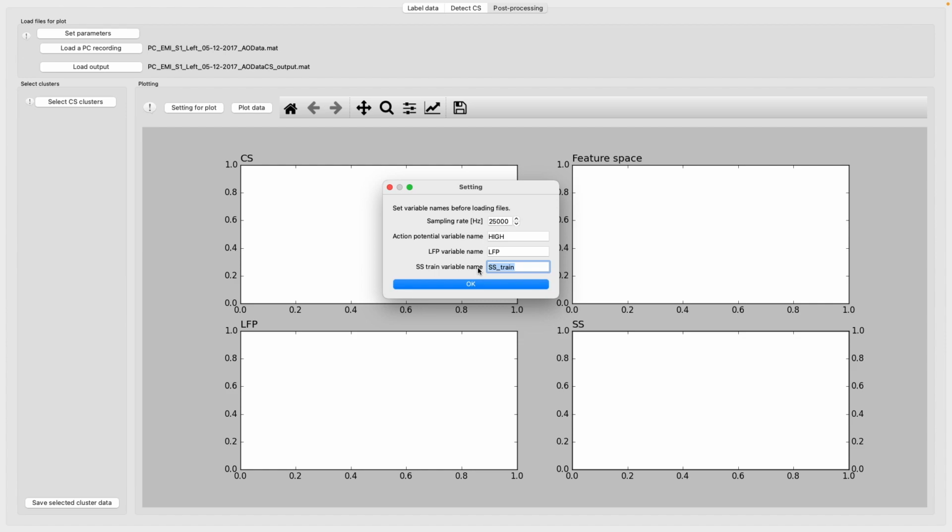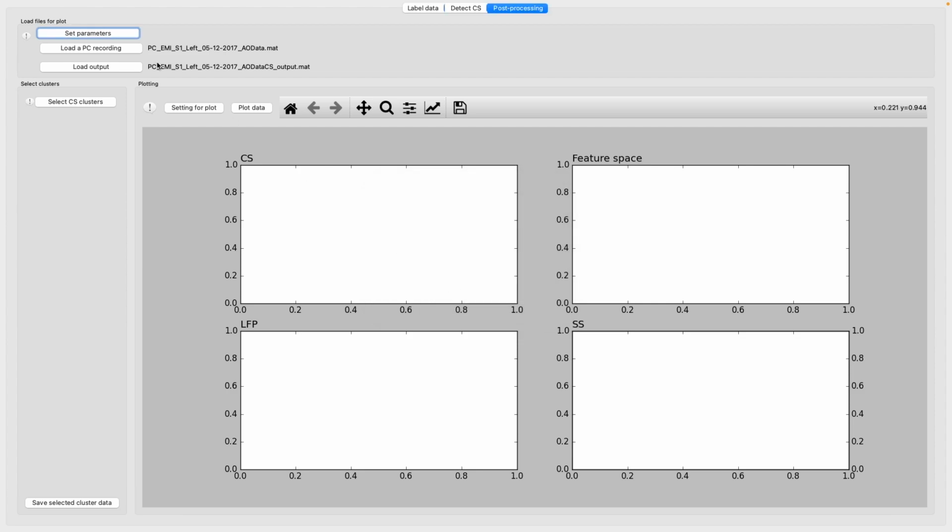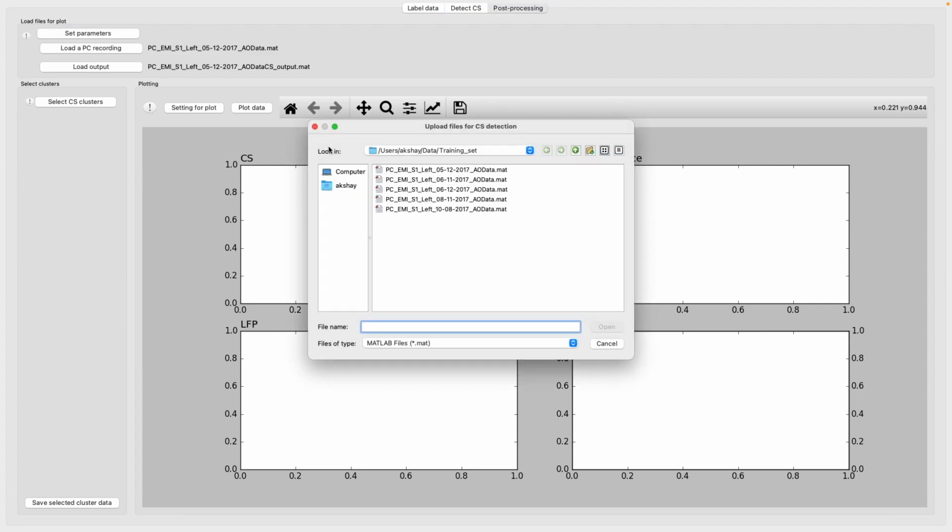So please save the name of that variable here, and it should match what is mentioned in your mat file. In our case, all these names are matching. The sampling rate seems to be correct. So we press OK, and we load a Purkinje cell recording. We just go here and select it from my training set. Let's say I select the second cell and I press open,